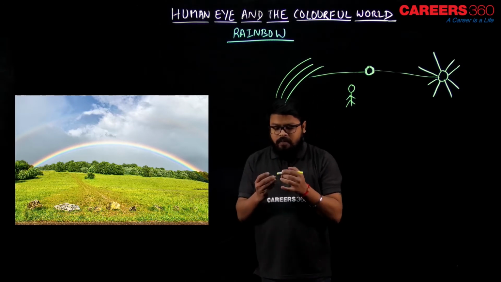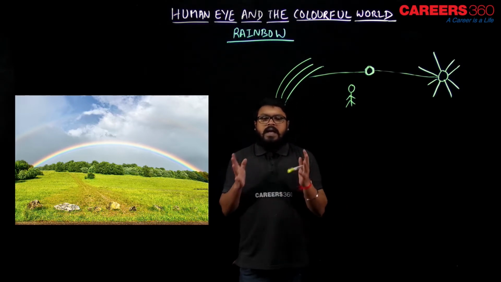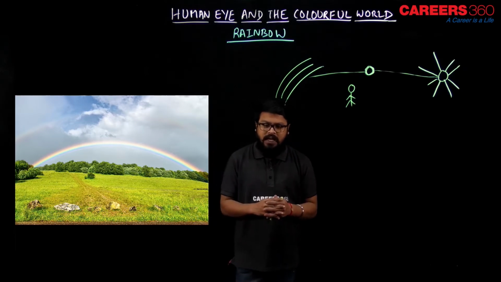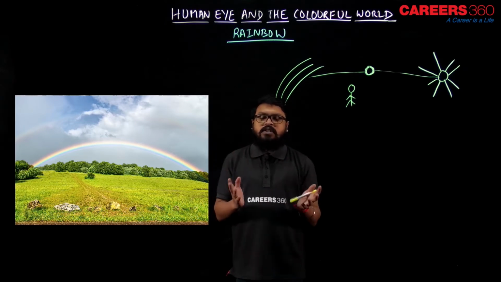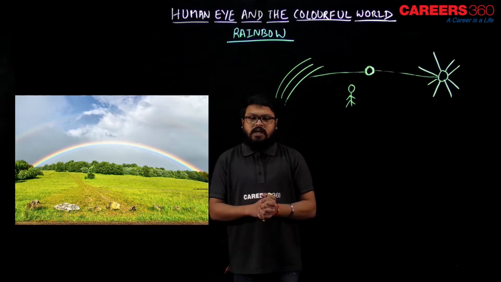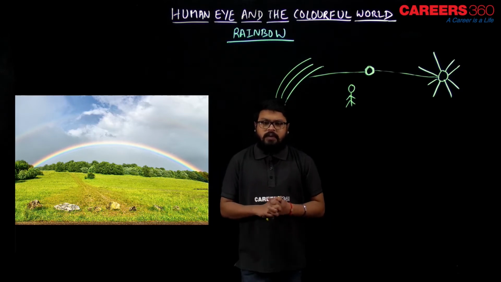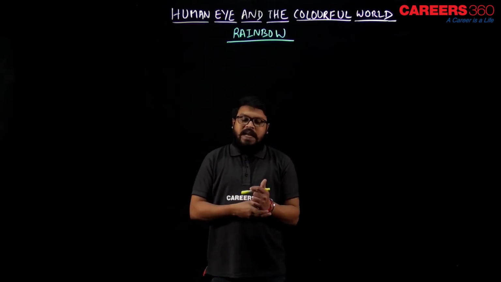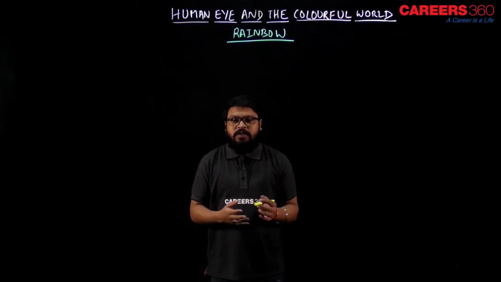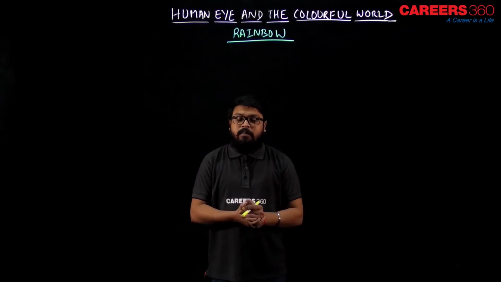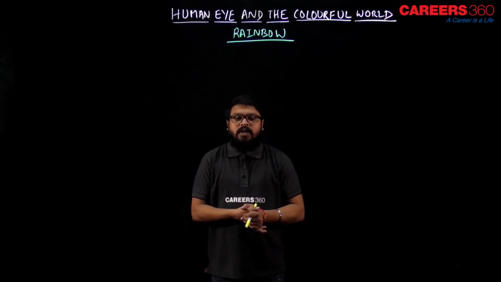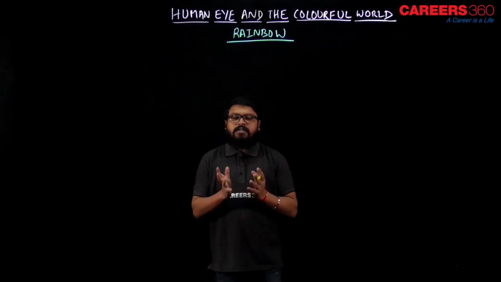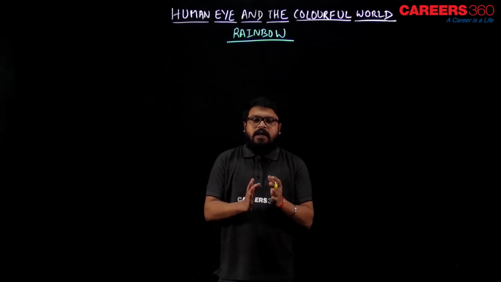So a rainbow is a natural spectrum. Natural spectrum means a band of colors, as you already know. It is a natural spectrum appearing in the sky after a rain shower. Natural spectrum means nothing but a band of 7 colors in the case of a rainbow. It is a natural spectrum appearing in the sky after the rain shower, and it is caused by